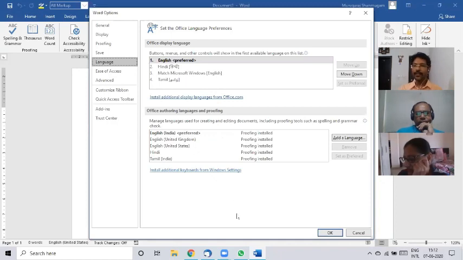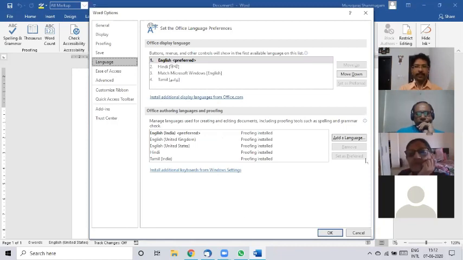So one of the advantages is that if you have English India as your